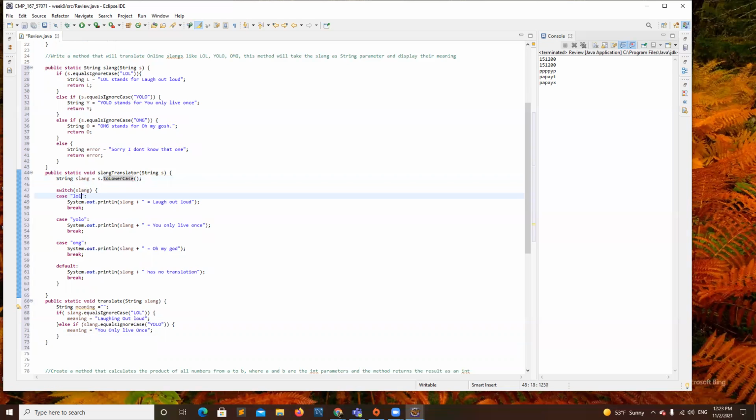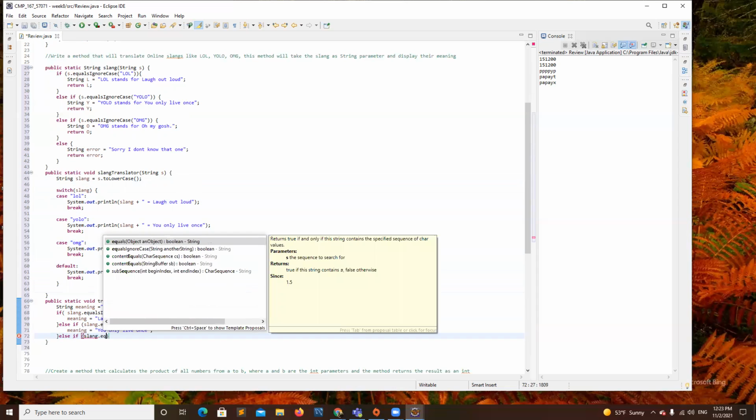If your cases are in lower case and you want all of them to be in lower case, you have to set it to lowercase. Great. Else if. Thank you for fixing your implementation, Garrett. A slang that equals method.